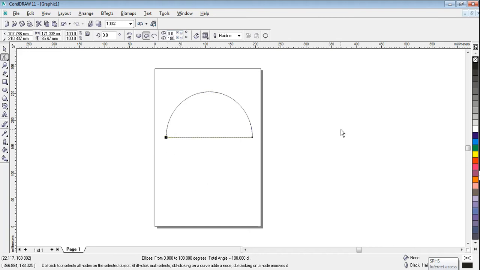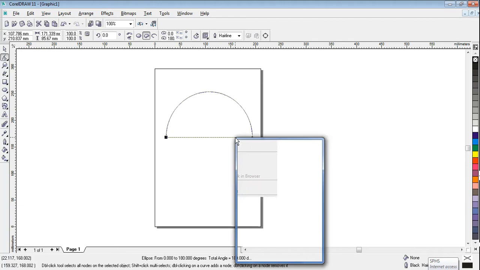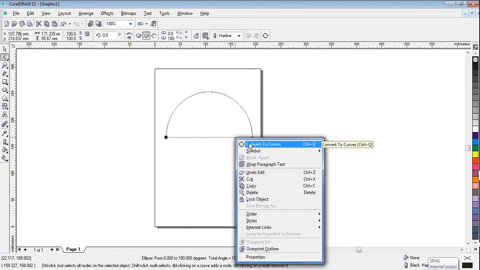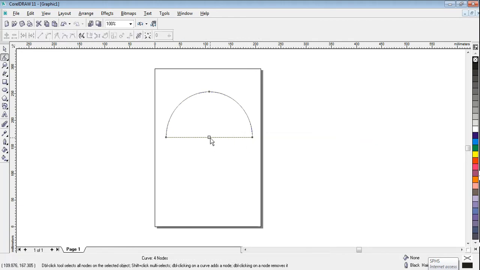This is done. Okay, once it is done, the next step is we are going to change this line into a shape. So I'm just right clicking over here and giving convert to curve. When I give convert to curve, it gives me a point inside on the line. So I just have to remove this point because I don't want it here. I want this simple straight line to be converted into one single shape. Now let's see how to do it. For that, let me remove this by double clicking. I can remove it. Done.